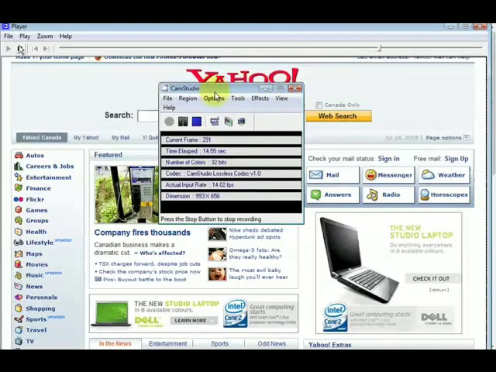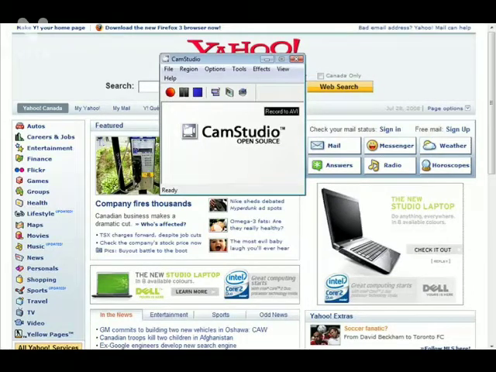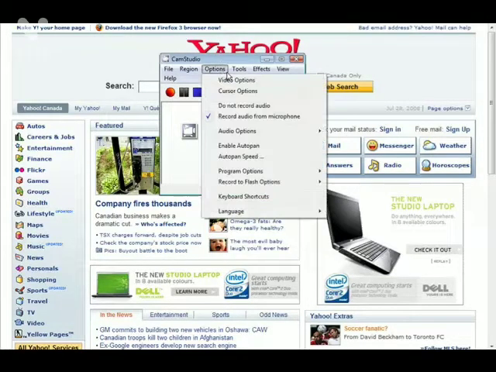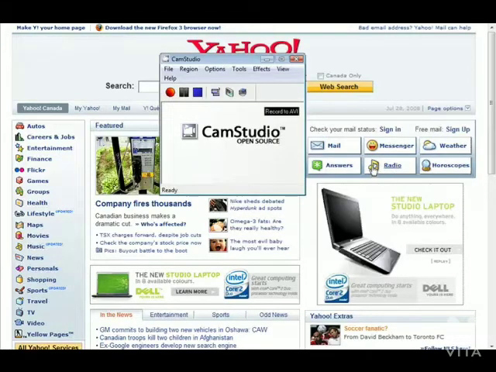Now there's something else we need to look at here. You'll notice that it stayed up here, and what we want it to do is to reduce, and that's why we can set the shortcut key to do that. Now to do that, we just set the options. We go into options, and then we go to program options, then minimize program start recording, and that'll get it out of the way when we hit the record